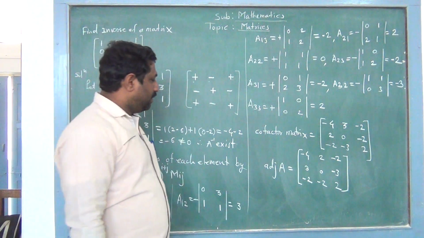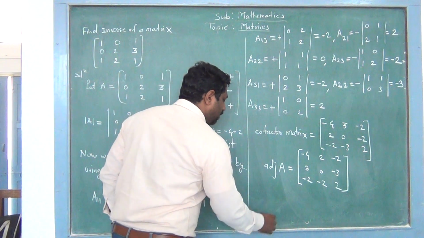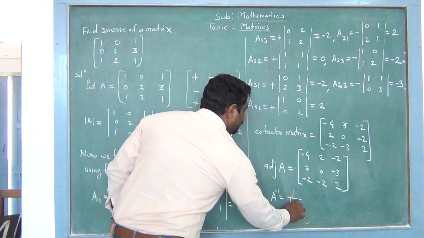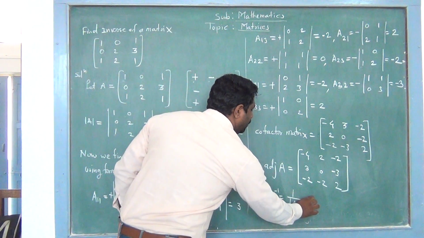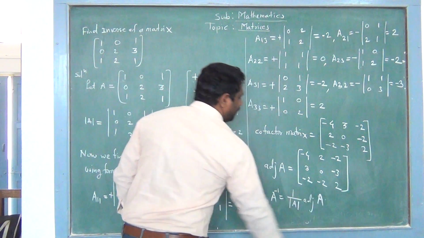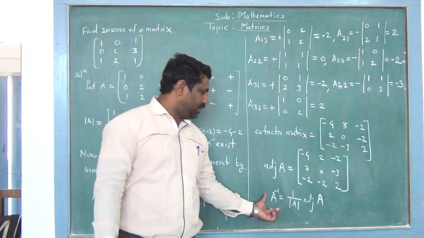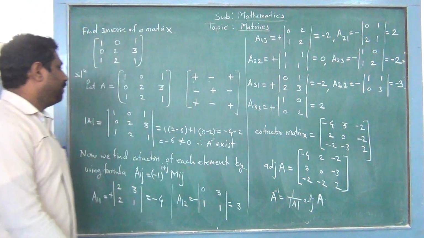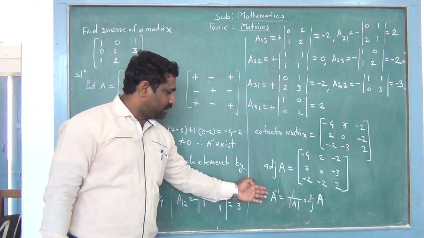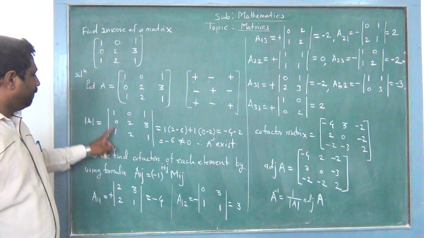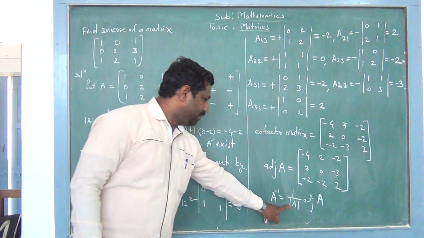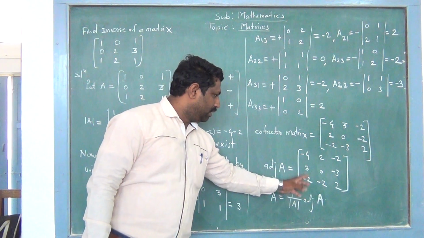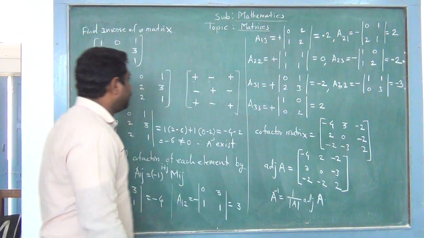Now we have the formula for inverse by adjoint method. A inverse is equal to 1 upon determinant of A into adjoint of A. Now we substitute the values in this formula. Determinant of A, we have got minus 6. We replace this determinant by minus 6, and adjoint of A we replace by the matrix. So therefore,